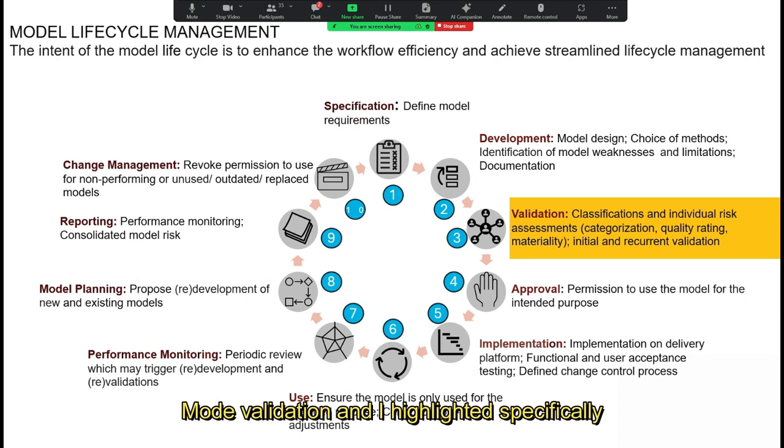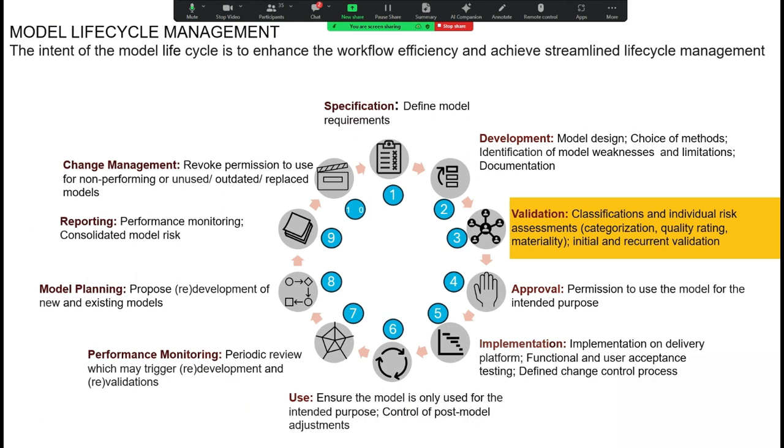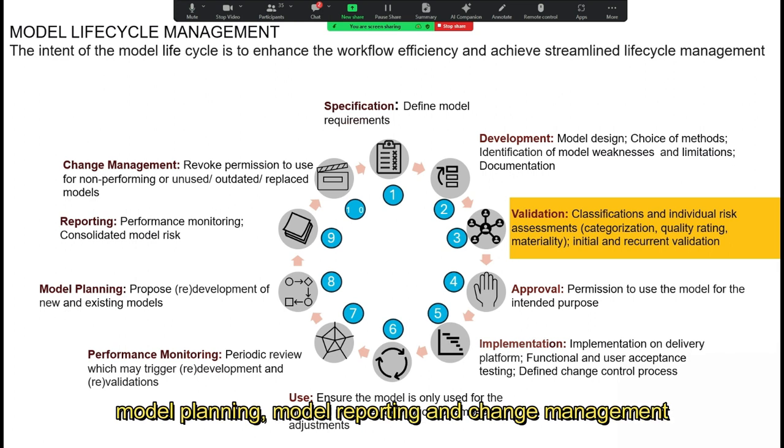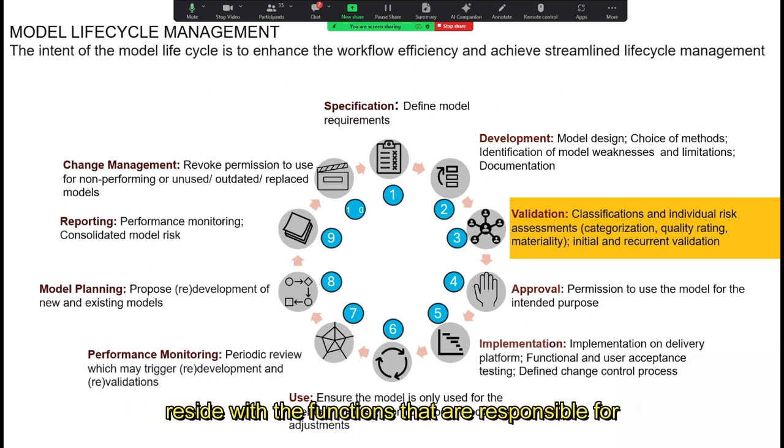Model validation, and I highlight this specifically, resides within the independent risk assurance function of a financial institution. Model approval and model implementation accordingly also reside within the risk management vertical. Model use, model performance monitoring, model planning, model reporting, and change management reside with the functions that are responsible for